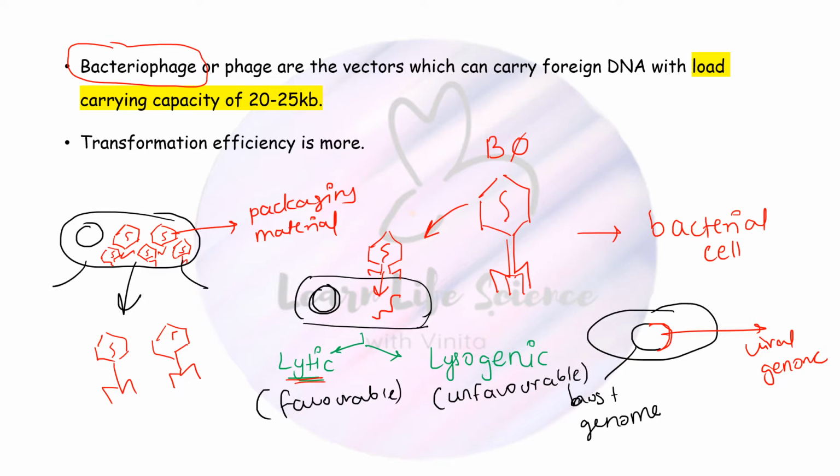Okay, so in this case, you can see that this viral genome has the ability to replicate, to translate in the host cell and to express the proteins. For example, here they are expressing the proteins which are involved in the synthesis of the body, like head, stalk or tail, right? So in a similar way, scientists took it as an advantage, and what they did, they